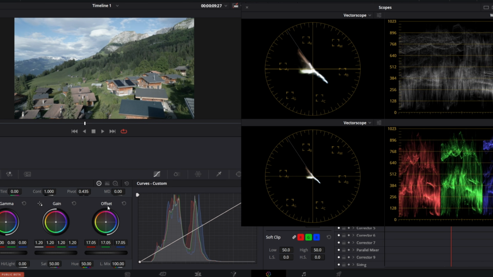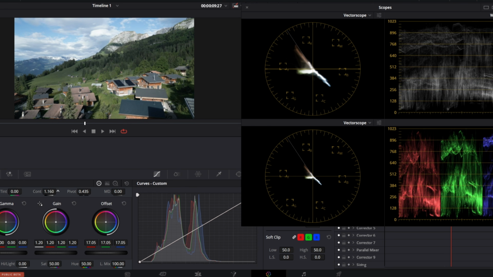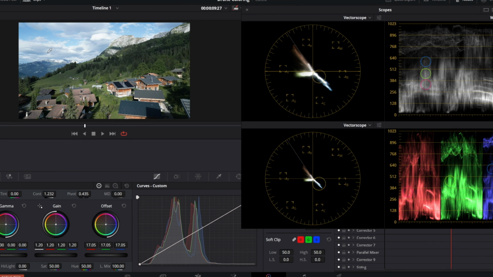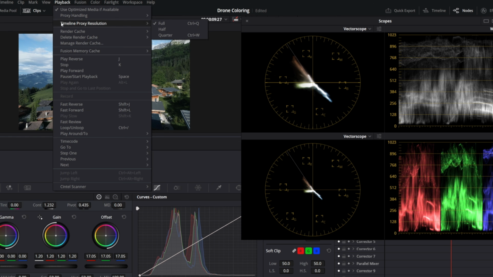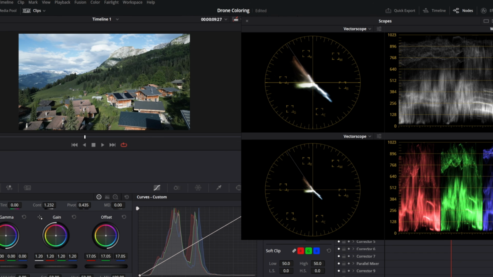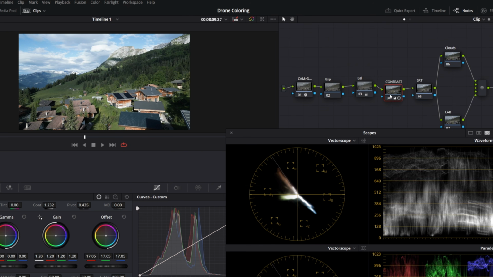And I will also add some S-curve contrast using contrast control, like that. Sorry, I had my playback timeline proxy resolution set to quarter. Now it's full. Always color grade using the best resolution and quality, by the way. So before